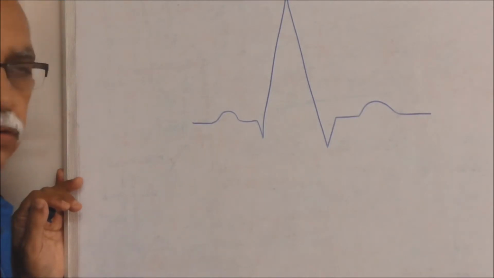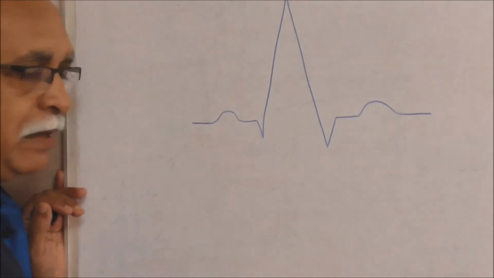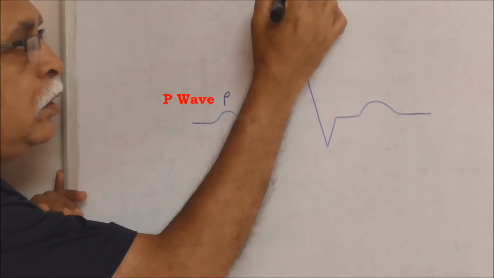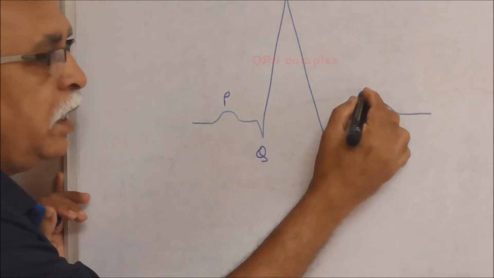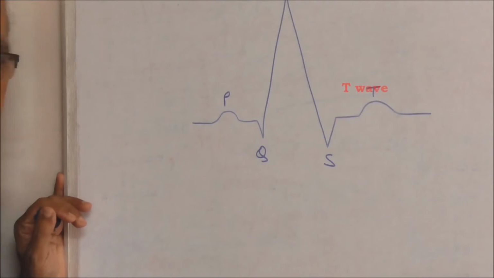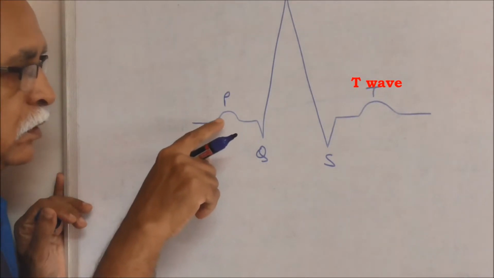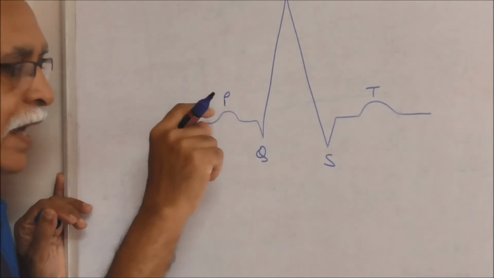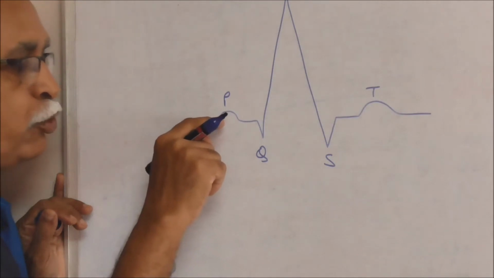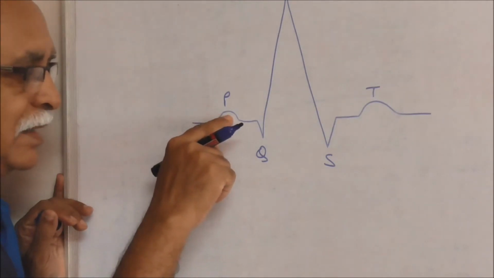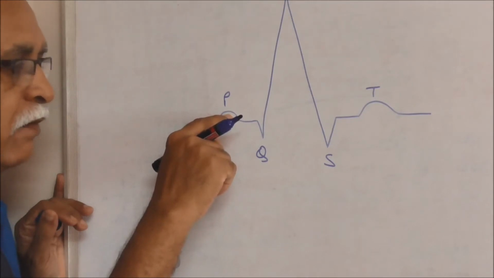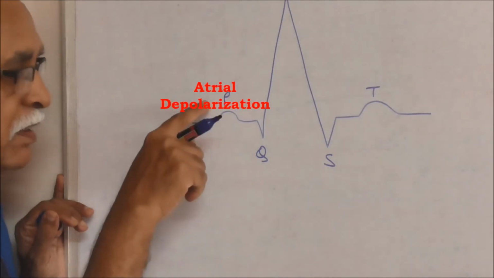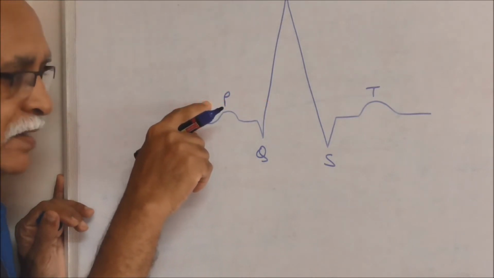This is one complete electrocardiogram, one beat, let's say. It is represented by P, Q, R, S and T. This is one complete heartbeat. Of this, the crest P represents the activity during atrial systole. That is, you can call this the crest standing for atrial depolarization. P stands for atrial depolarization.